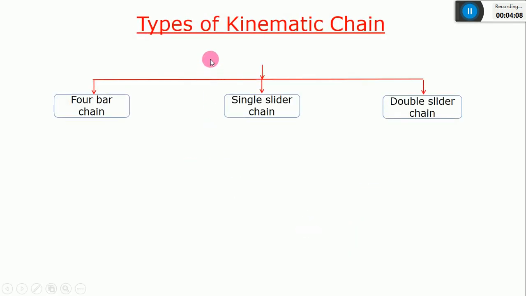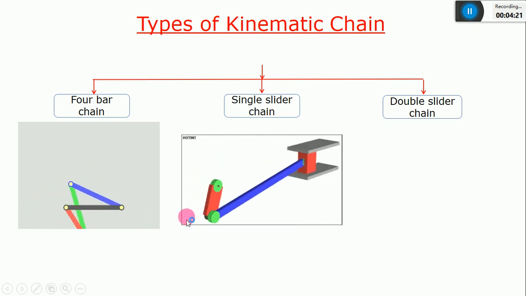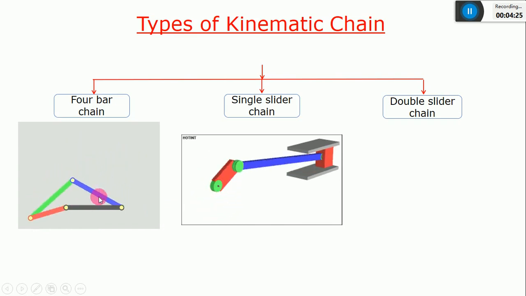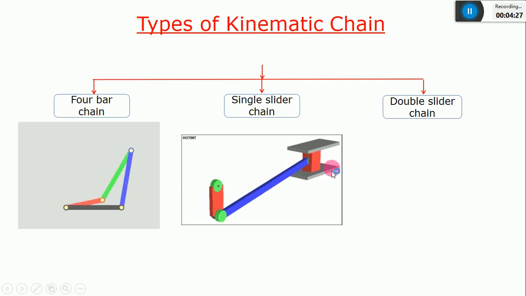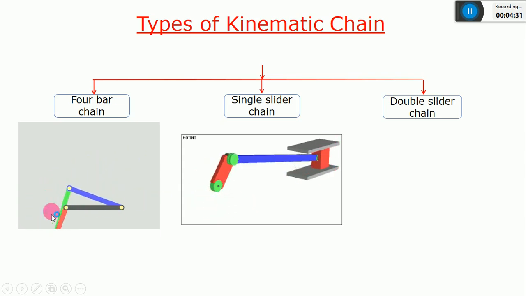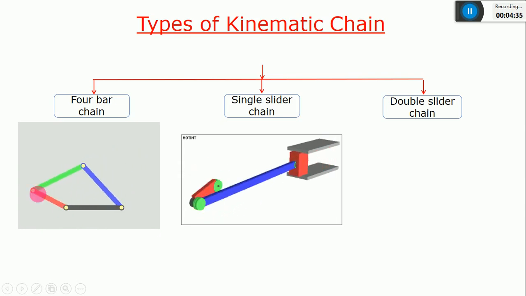Also, we have discussed what are the types of kinematic chain. That is a 4-bar chain. It has 4 links, starting from a frame, a crank, a coupler, and a rocker. Then, if you do some modification in this, if you replace the rocker with the help of a slider, you can see the frame is fixed. That is a cylinder. And the crank is again red color rotating. That is also the same. The green color is the coupler or connecting rod.